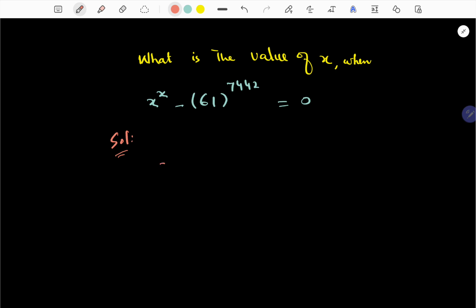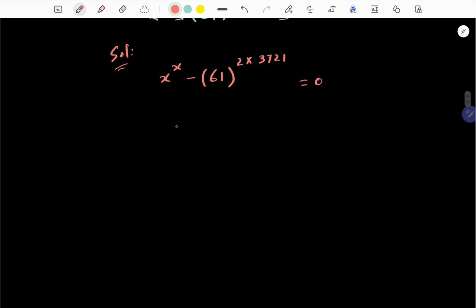We can write it as x power x minus 61 power 2 times 3721 is equal to 0. We can write this as x power x minus 61 square whole power 3721 is equal to 0, and we can write it as x power x minus 61 square is equal to